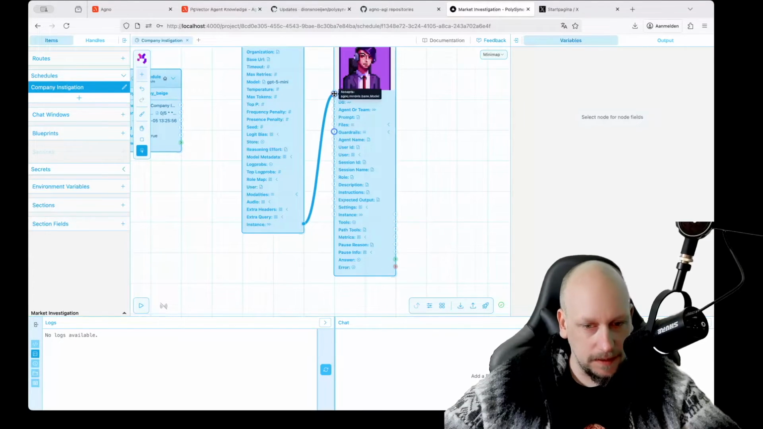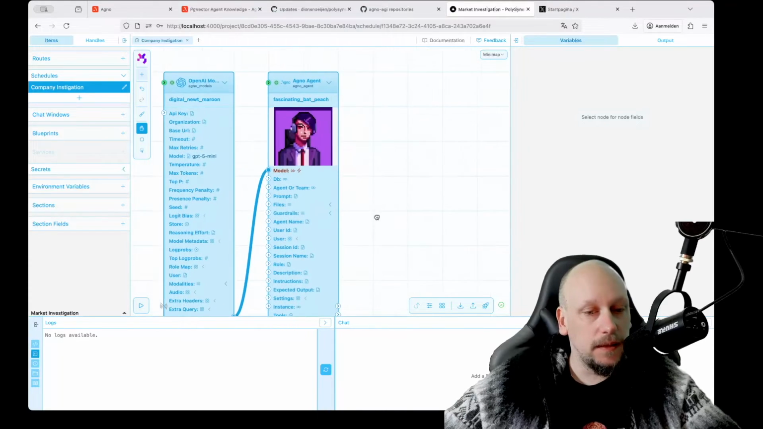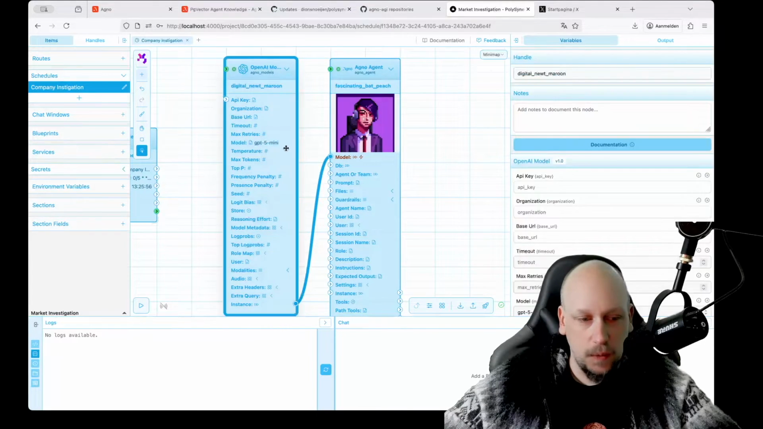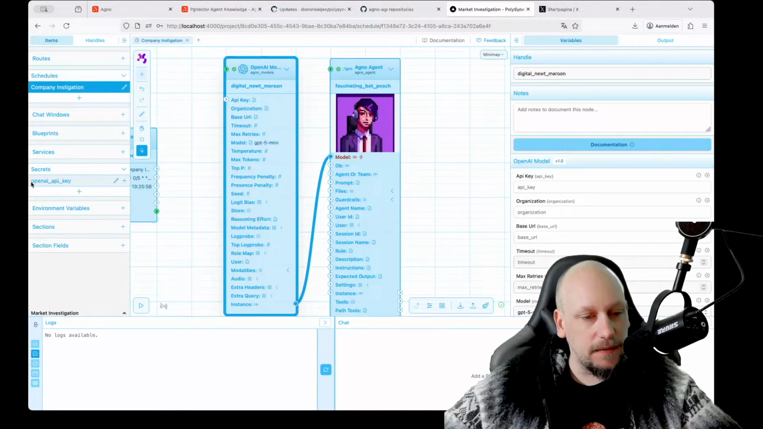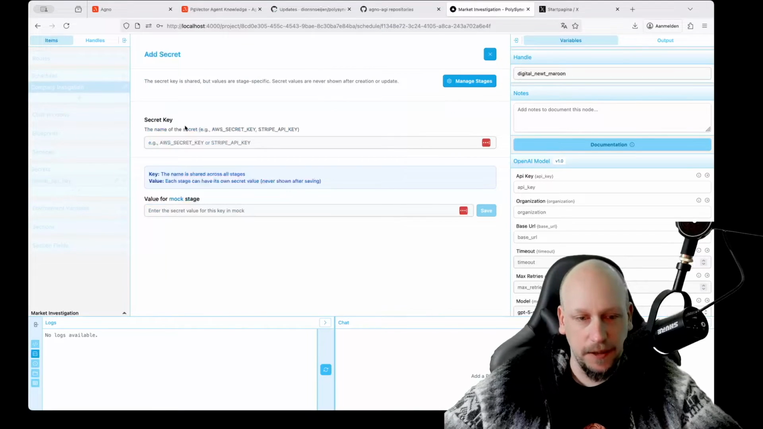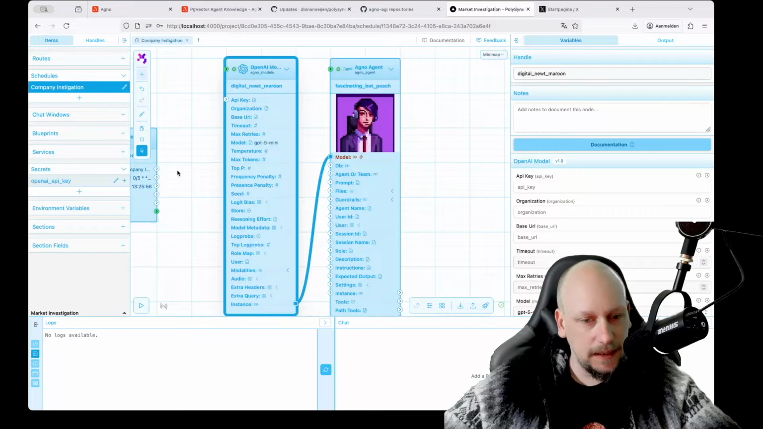Don't look there. You can connect it here to the model. And what I can do is give it an API key. I already added the API key, but here you can add secrets. If you do the plus here and then the key name and the value, and then store it, and then you can just